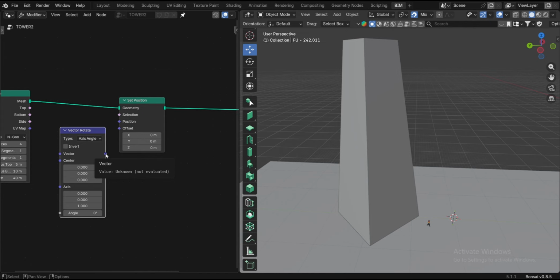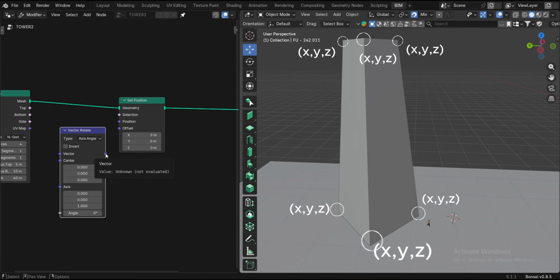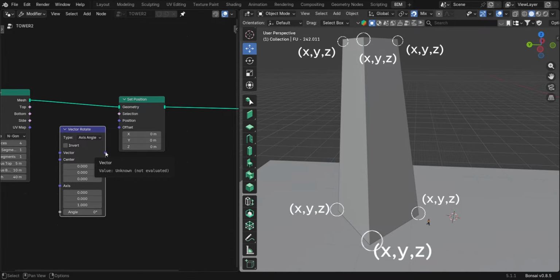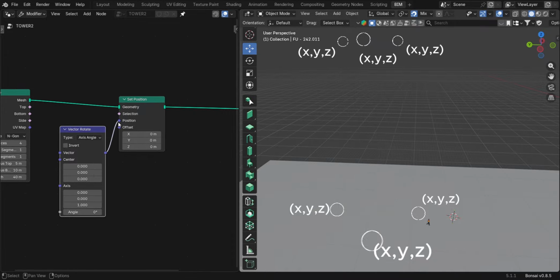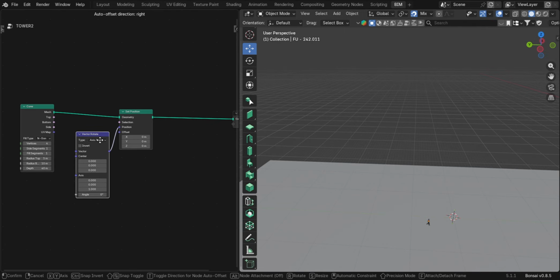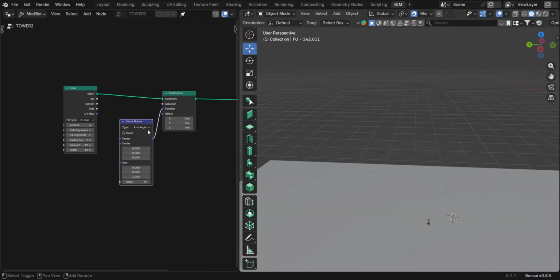That means we're gonna rotate the position of each and every point on this mesh. That's why we put a Set Position node in the beginning. If connected, the geometry disappears, but don't be scared, that's normal. And what we're gonna do is add a Position node.